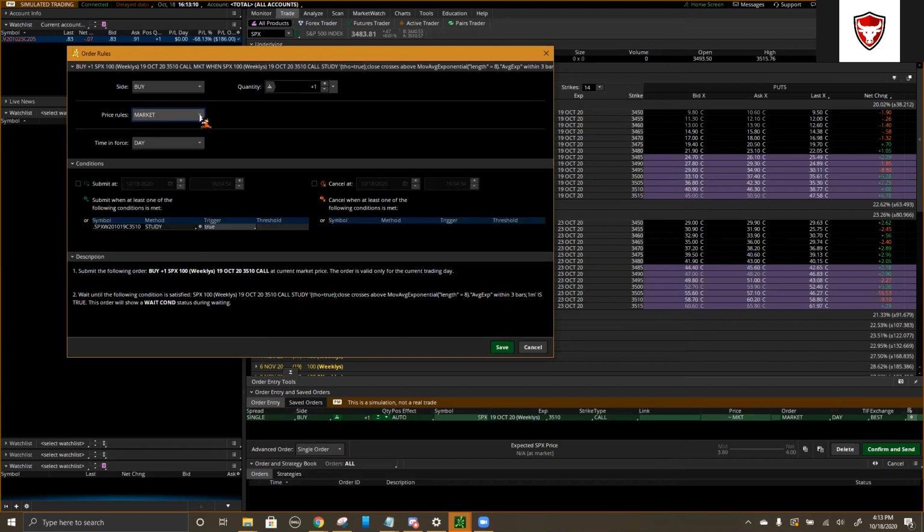In fact, if you try to set it to mark and the options are moving too fast, it's not going to get it. It'll show you at least that it's trying to, but you won't be getting the auto order. So we set it to market, and you can set it to today if it's a 0 day and you just want to get in and out and keep your parameters tighter, or you can set it good to